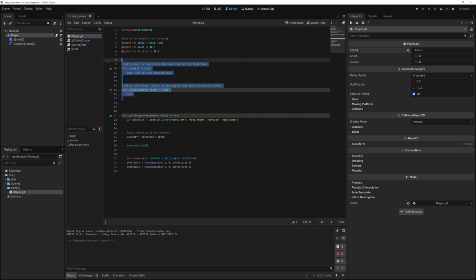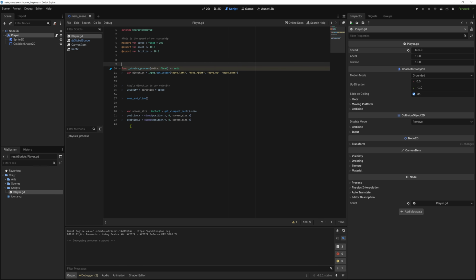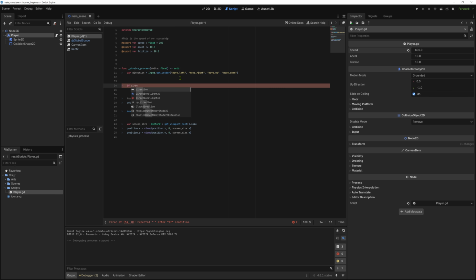So let's delete right now this here. If we're now gonna update these things, we need a few statements. We're gonna check if the direction, so our input over here, is not equal to Vector2.ZERO. So if our direction is not 0, none of them is gonna be 0, we can slide